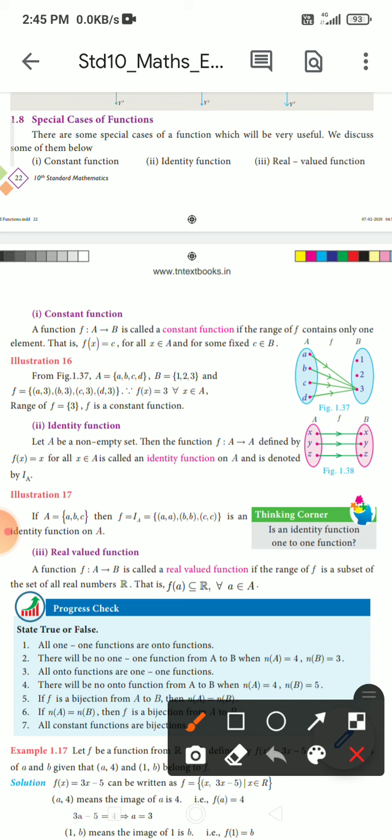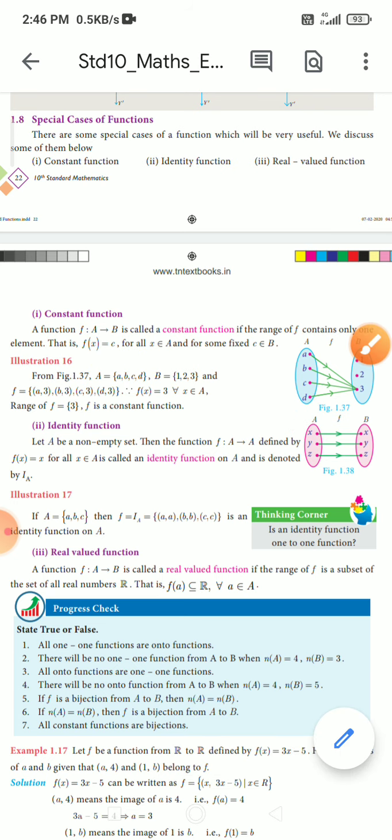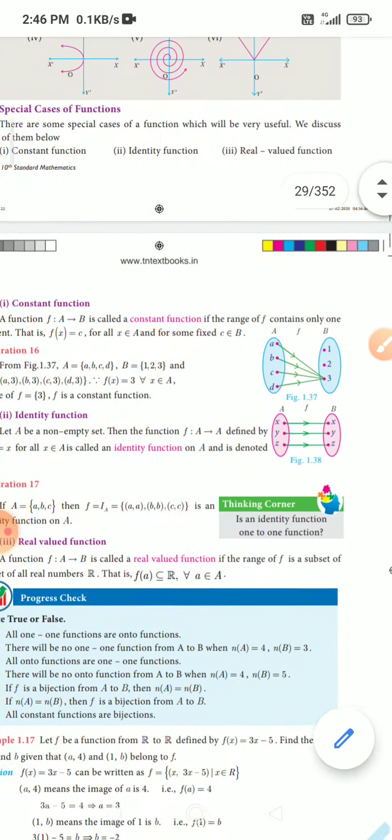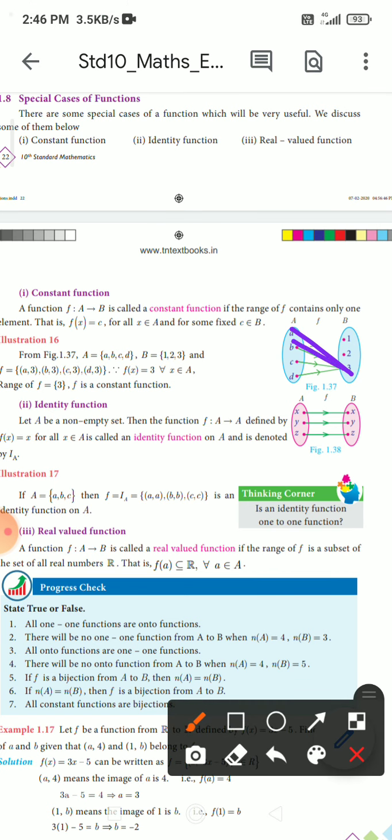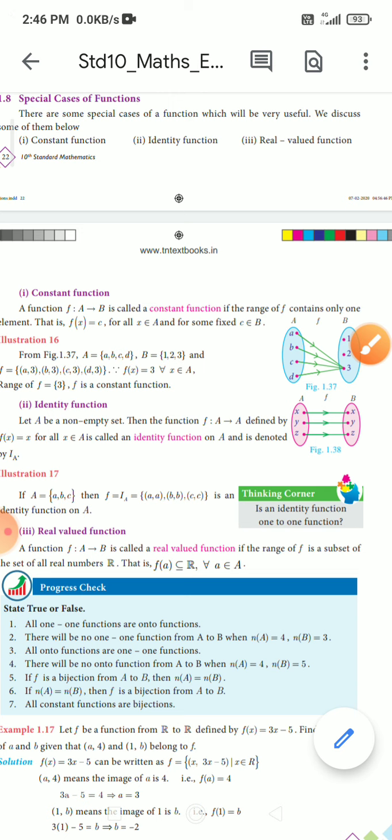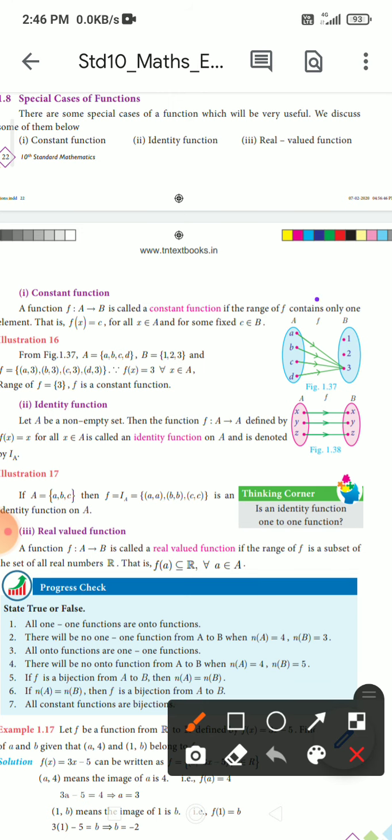See the example using numbers and alphabets. Illustration 16. Set A is equal to {a, b, c, d}, and B is equal to {1, 2, 3}, and f is a function which contains the ordered pairs (a, 3), (b, 3), (c, 3) and (d, 3).